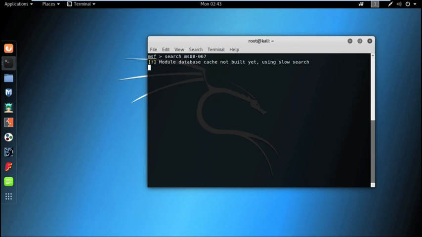It will show all the related exploits, auxiliary modules and payloads related to the vulnerability MS08-067.